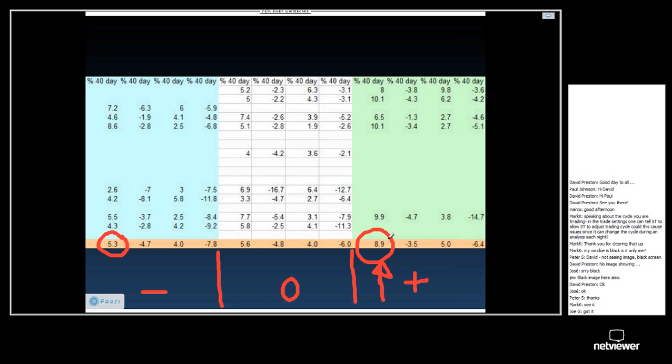Which is why it's a very poor idea to trade wave 1 under negative underlying trend conditions, because it's not likely to give you very much move, only 5% on average. Whereas under positive underlying trend conditions, wave 1 gives you a 9% move. That's really great. Let's look at wave 4, for instance. Wave 4 under negative underlying trend conditions gives you a good